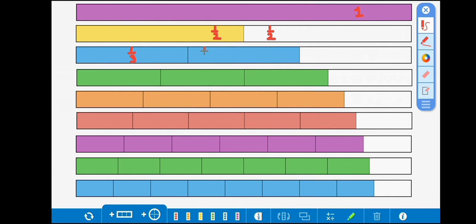Then after, in the fourth strip with green color, as you can see, there are 4 parts. So how can we write a fourth part of the whole? We know that we can write it in fraction form as 1 upon 4. Likewise, we will do the same for the fifth strip, and it is divided into 5 equal parts, and we can write a fifth part of the strip as 1 upon 5.